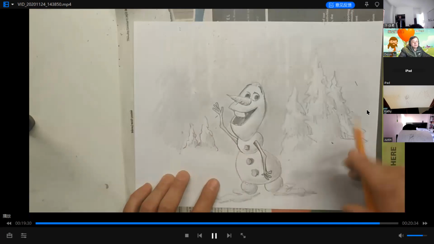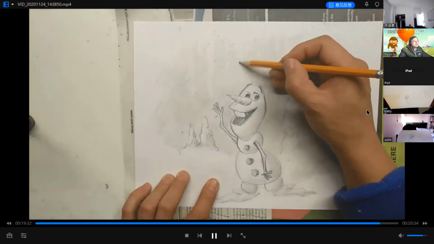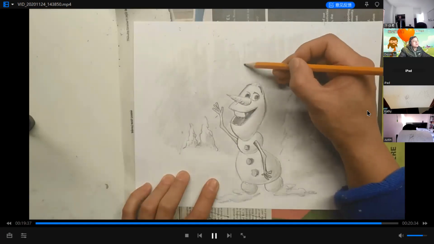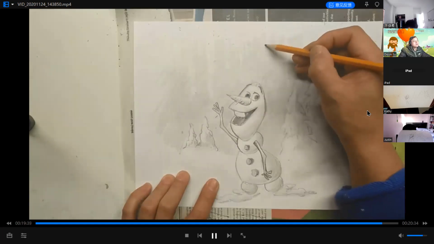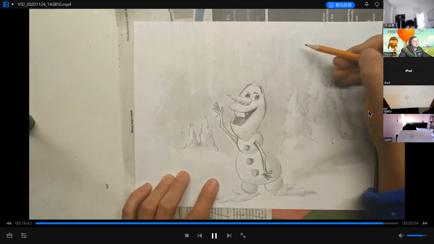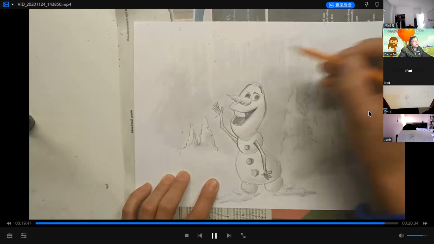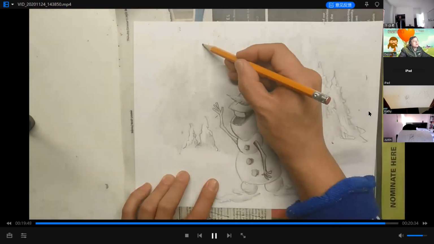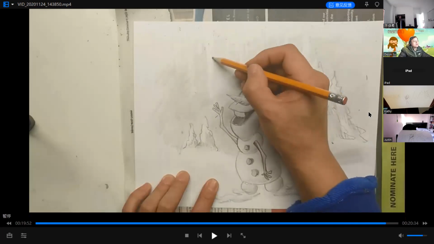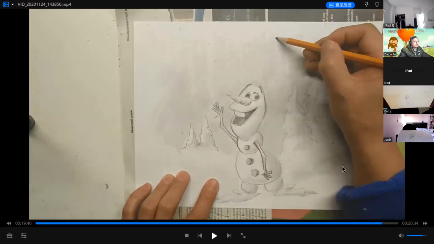Sometimes they have a little bit edge to show you icicle. Okay, just that'll be a little bit